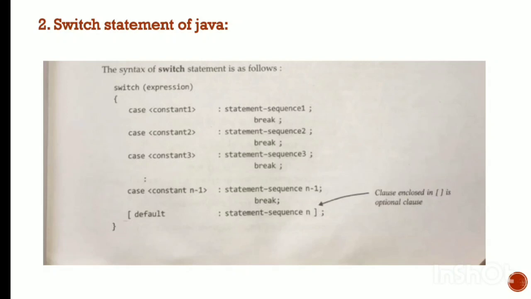If you press number 1, it prints the month of January. If you press number 7, it prints that particular month. Likewise, if you give the value 0, what will be printed? It just says enter a correct or appropriate number. That is the default statement. Okay, fine. Now we are moving into the next one.